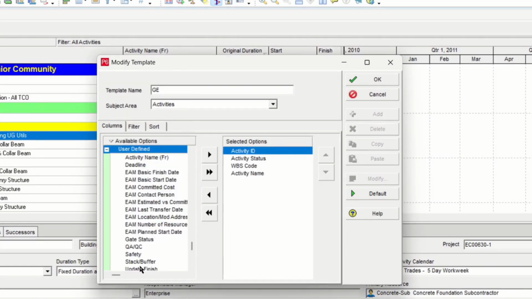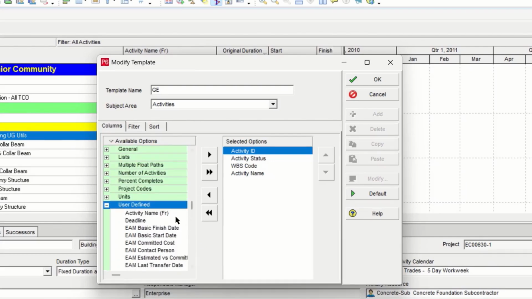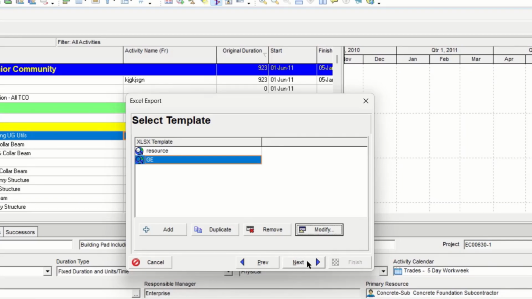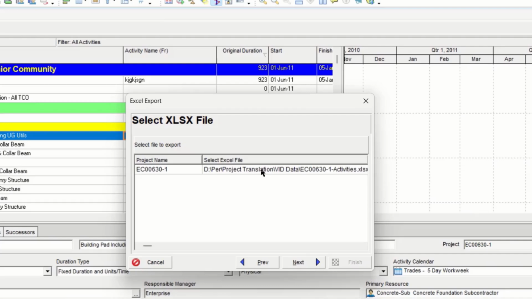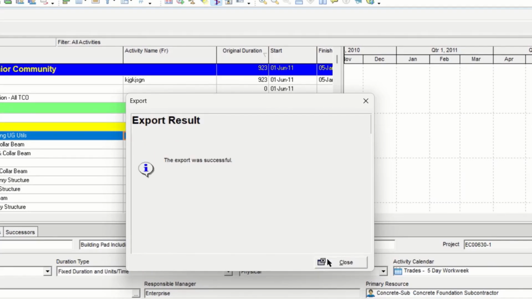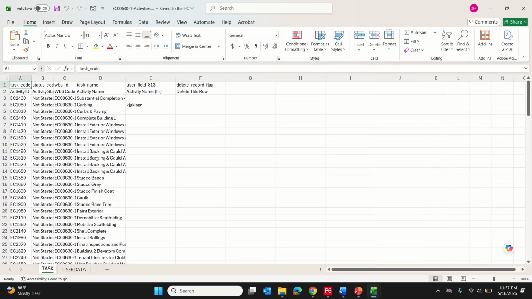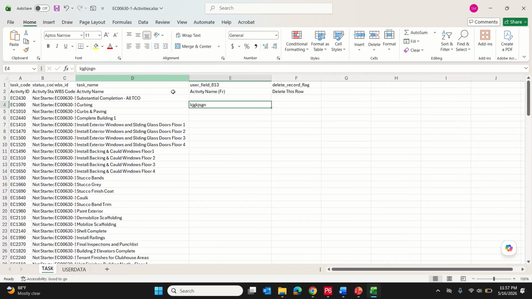You need to go to user defined field option here, click on activity name and then press OK. And now this is the file that has been exported. Here you can see that both of the fields are available.